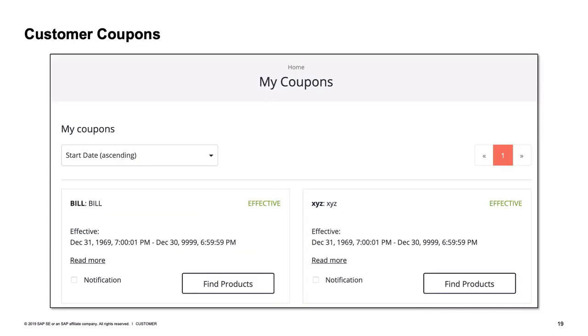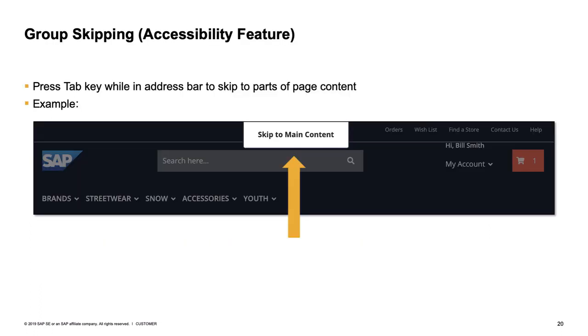Customer coupons is a way for customers to see coupons that have been assigned to them, let's say by a customer support person, or perhaps they responded to an ad and were able to claim a coupon that's going to get added to their profile. What you're seeing here is an example of a list of the coupons that are assigned to me. If I clicked on the Find Products button, I would see all the products that are related to that coupon. Otherwise, these coupons work just like any other. You can enter the code or choose from a list when you go to checkout. Great feature.